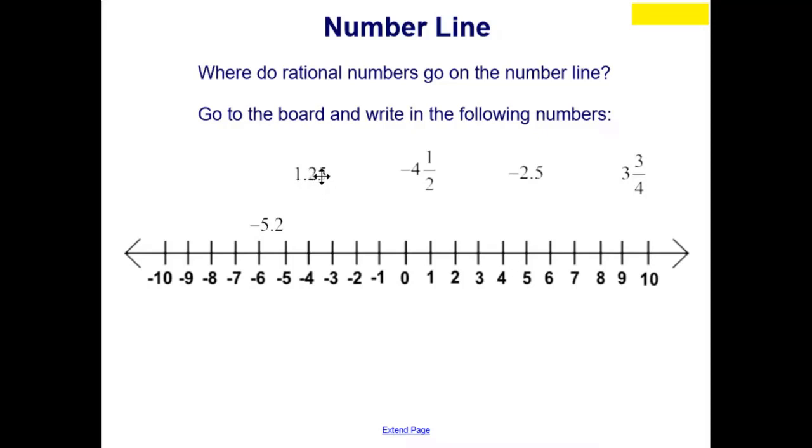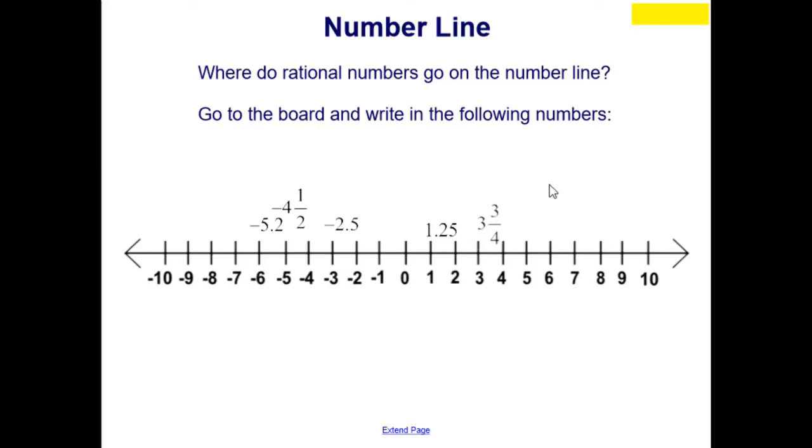1.25 is going to be positive, so to the right of 0, and somewhere in between 1 and 2. Negative 4 1/2 is negative, so to the left of 0, and somewhere in between negative 4 and negative 5. Negative 2.5 is negative as well, so somewhere to the left of 0, in between negative 2 and negative 3. And 3 3/4 is positive, so to the right of 0,